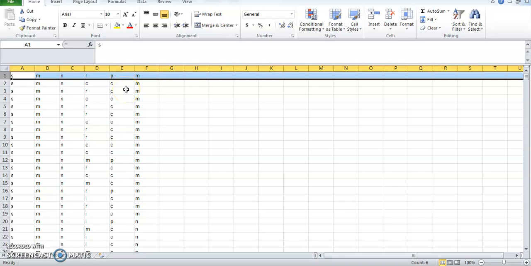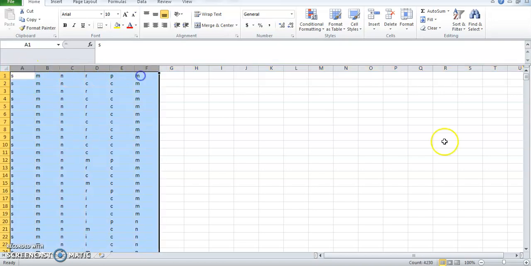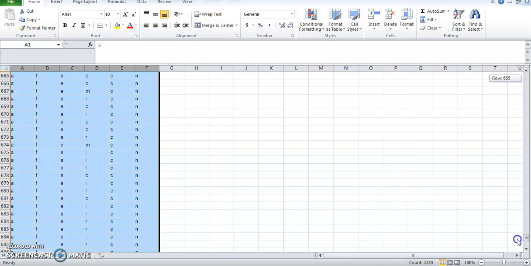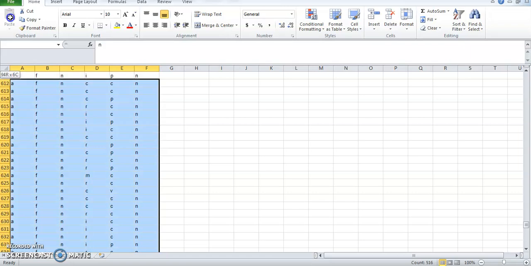Now, here's the catch. Sometimes in SPSS, when you just select the columns like this, for some reason it also includes whatever comes after the data, the blank cells. So to avoid that, just select the whole data,